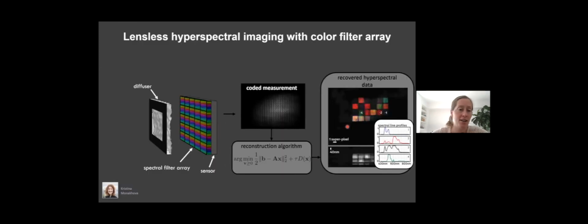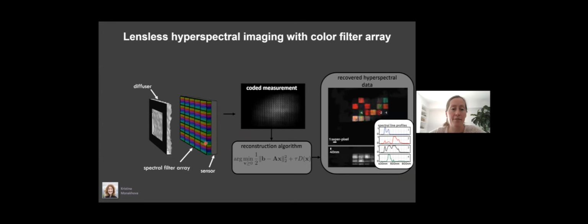Okay, so then this was kind of cool. So let's think about other 3D things we can solve for. And Christina in my group went after hyperspectral. So instead of XYZ or XY time, she's going after XY lambda. And she had to change the architecture of the system a little bit. So it's still a diffuser in front of a sensor, but now we've placed this spectral filter array on top of the sensor. The spectral filter array here is from Viavi Solutions. They were really nice working with us, and they provided us with these